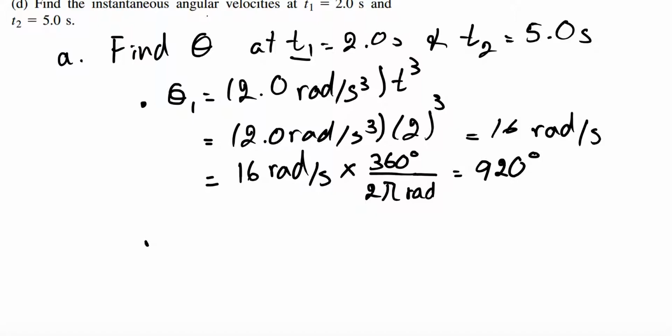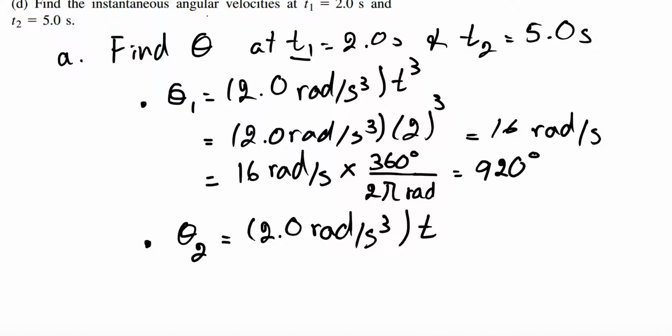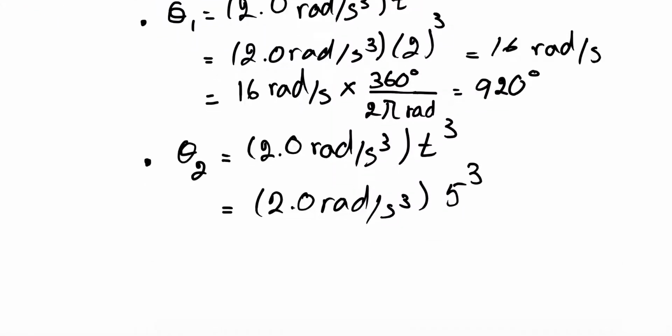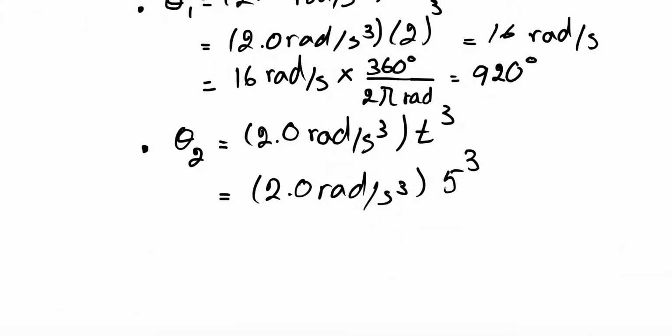Now I'm going to find the angular position 2, denoted by theta 2. 2 radian per second cube multiplied by t cube. So we substitute t2 in: 2 radian per second cube multiplied by 5 to the power 3. What's the answer of this? The answer is 250